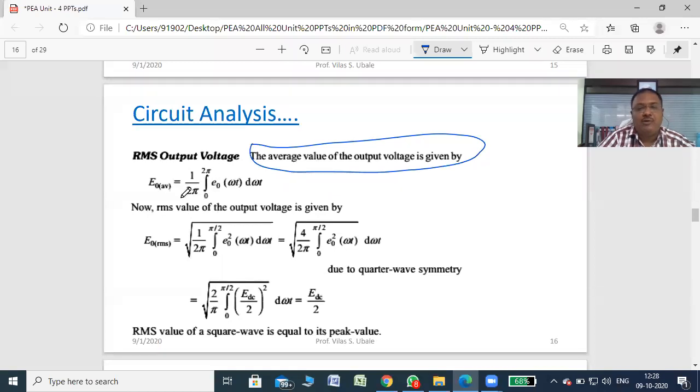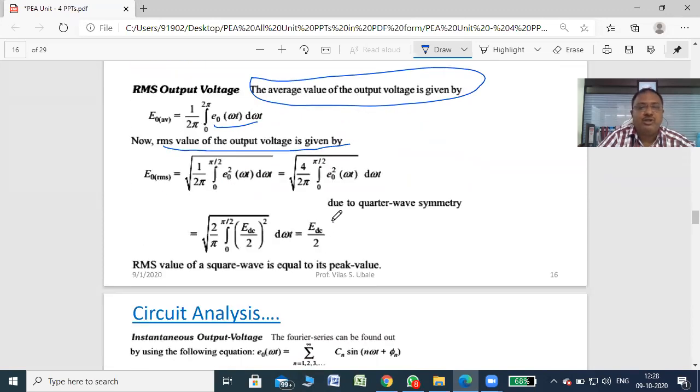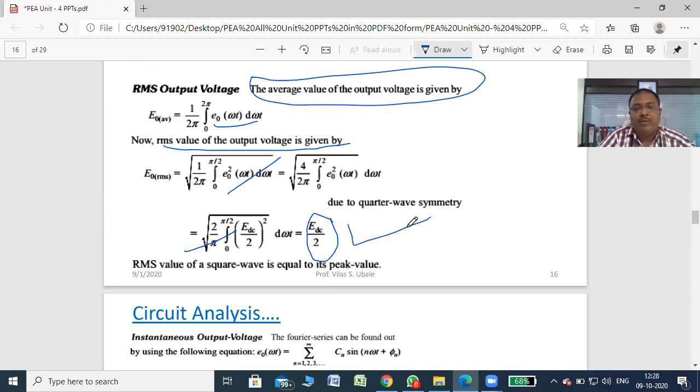So E0 average equals 1 by 2 pi integration 0 to 2 pi of E0, that is output voltage, d omega t, right? So the RMS value of output voltage is the square root of the above value. When you solve this particular integration, you will get EDC by 2 as an output. Keep in mind, this is very